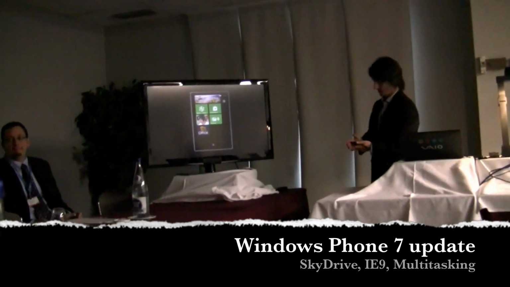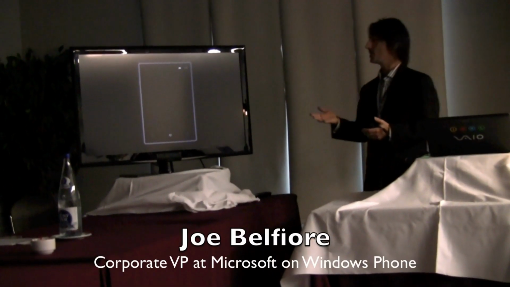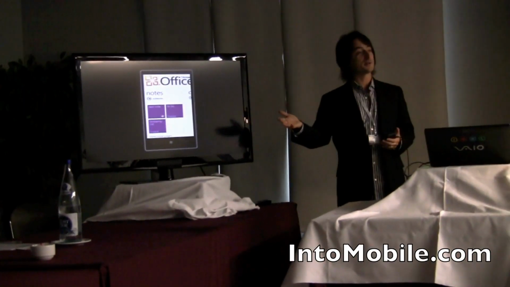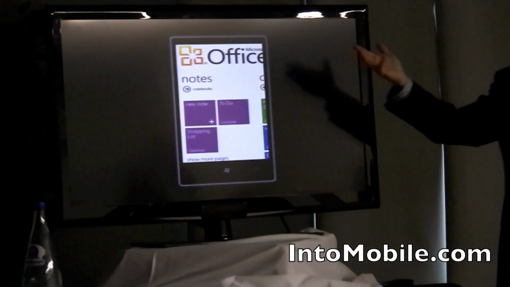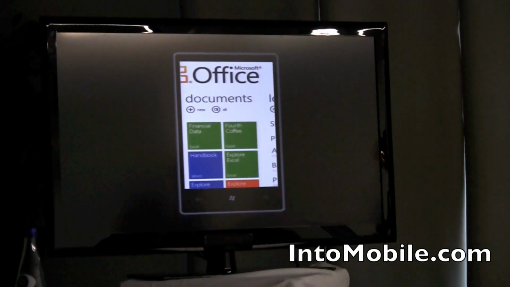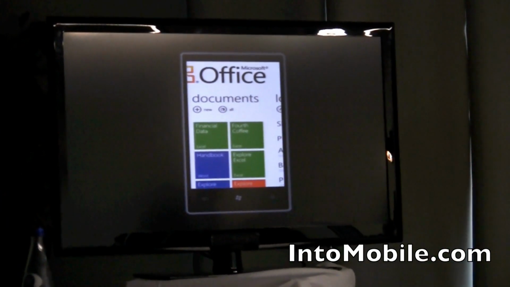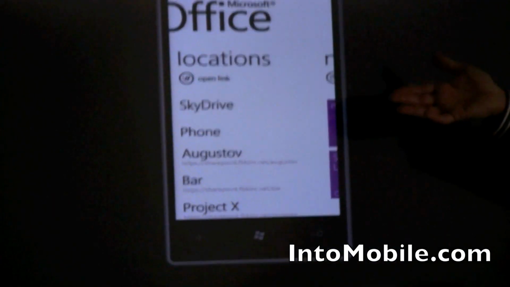I have here a phone running the update bits, and I'm going to go to the Office Hub. You're almost certainly already familiar with the Office Hub, where you get access to all of your notes and our OneNote support. You get access to your documents and the ability to open documents and keep track of documents you've opened recently. And then the locations area, which is the part we're focusing on right here, where today the